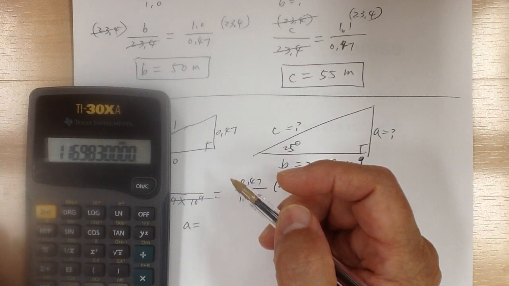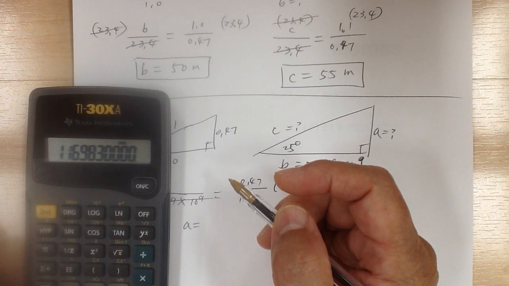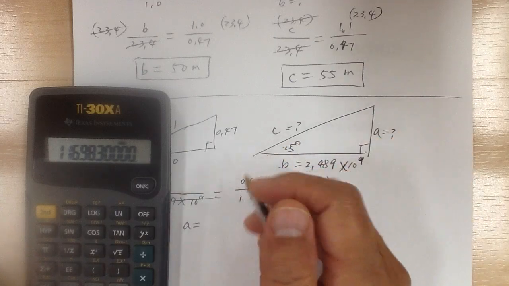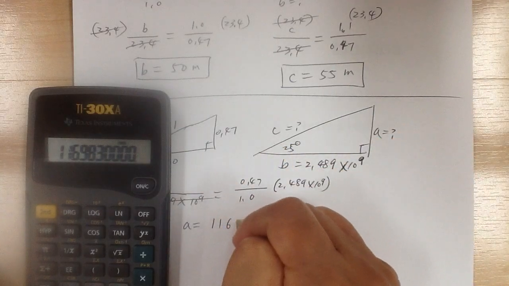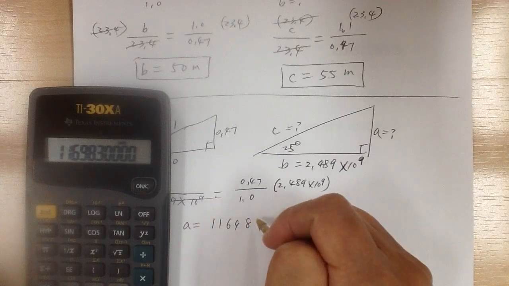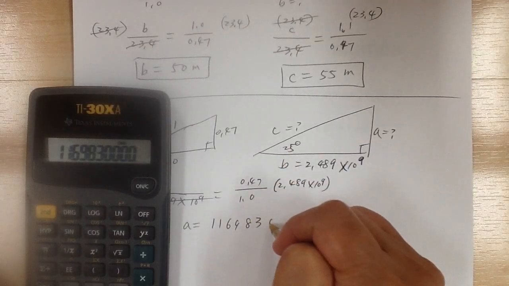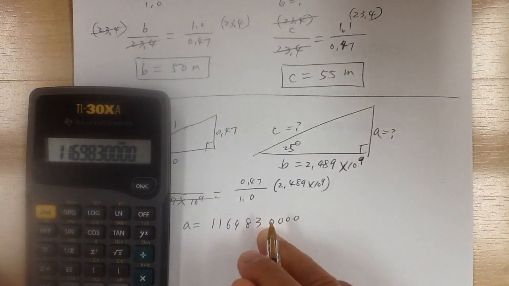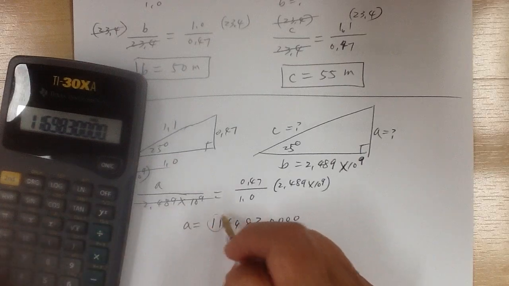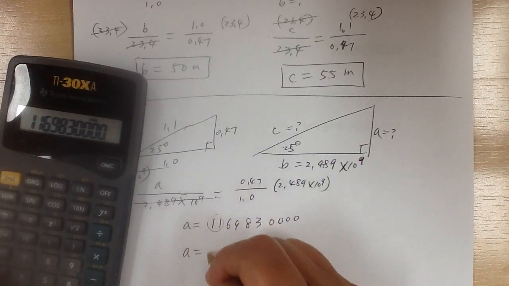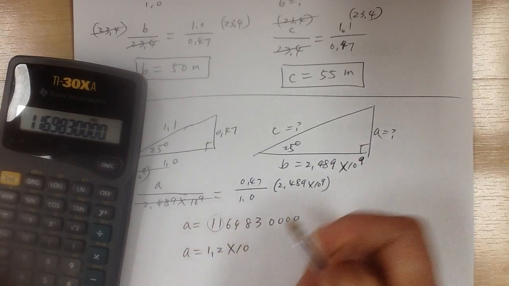This one does not have a scientific notation, so I'm just doing it manually. It'd be 11698 3 and you got 4 zeros. That's what you get. Now the answer says 2 significant digits, so that means we only get these two of it. So A will equal 1.2 times 10 to the